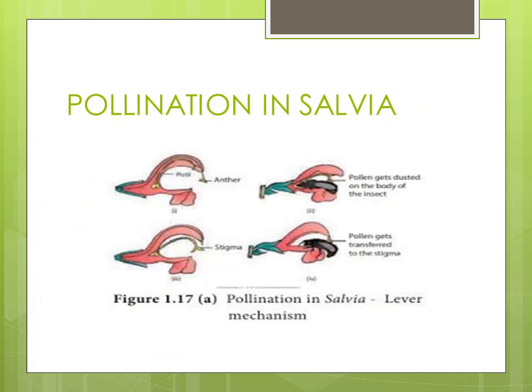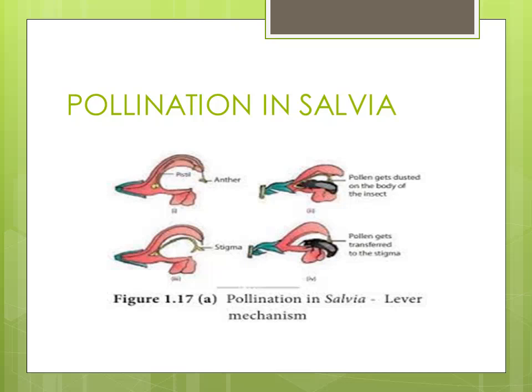So here one important pollination was given. A special kind of mechanism is carried out. So here the flower of salvia, you can see it is like a tongue, a mouth. So it has both an upper lip and a lower lip. Here the upper lip contains the male part, so the anther is protruded out. You can see it in the first picture. The anther is hanging, it swings like a swing. The anther is protruded out from the flower in the upper lip.